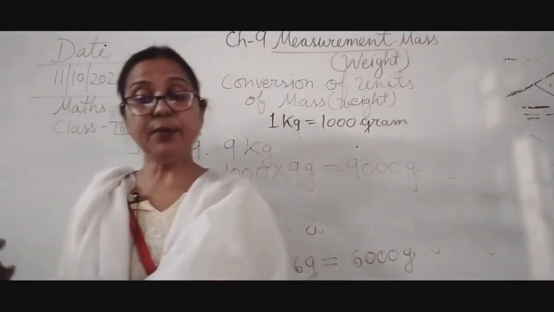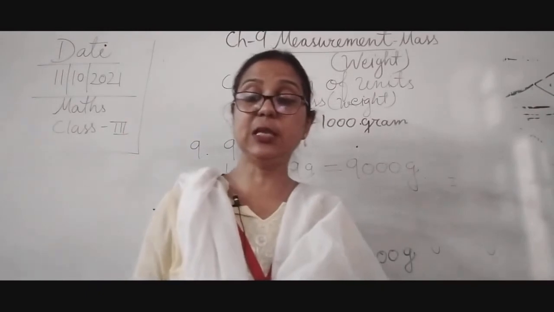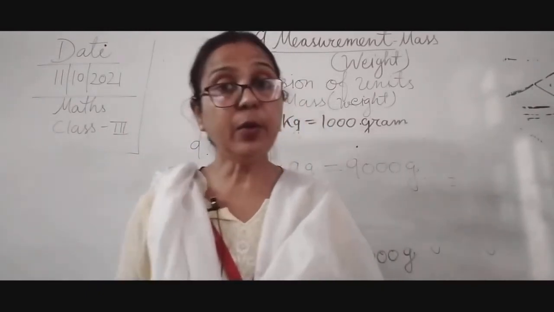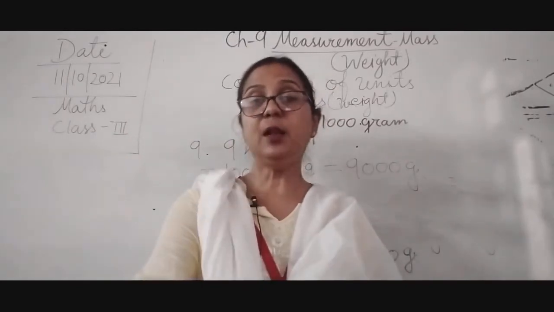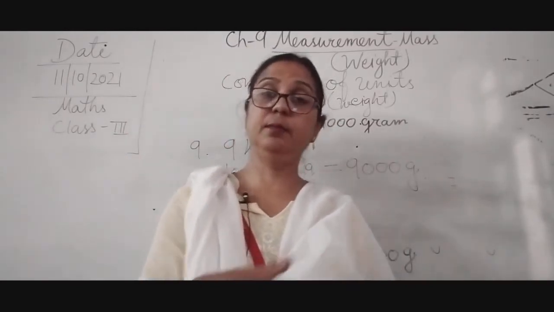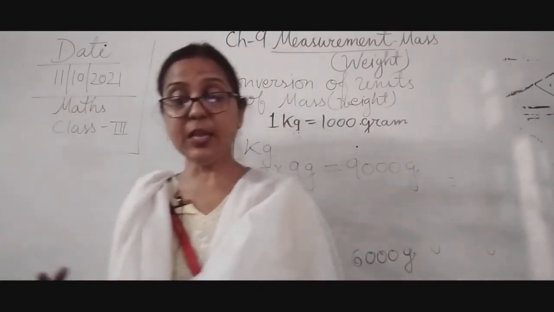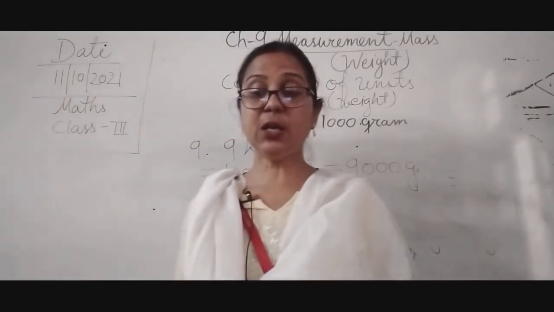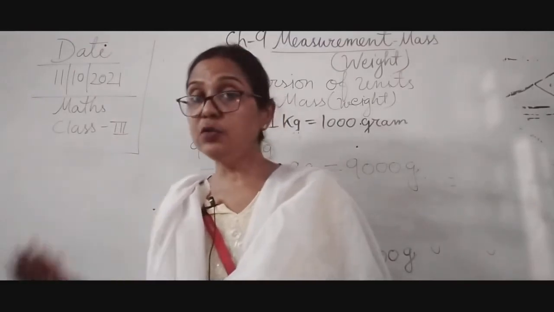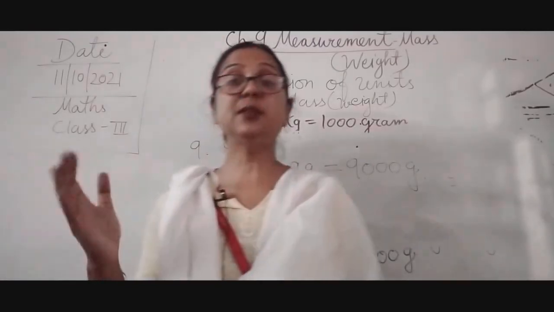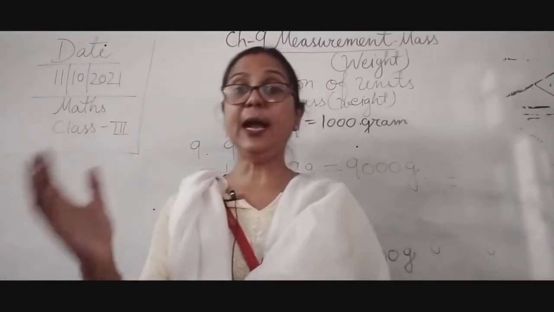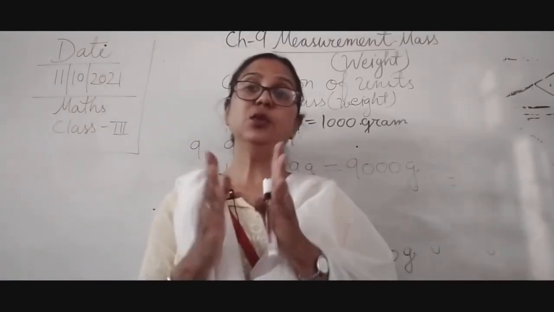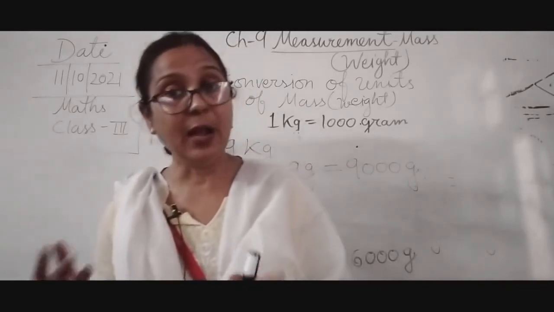So likewise we will do 11 number also. It is given 2 kg and 600 grams. So how can we do this? Again we will multiply 2 kg by 1000, it will become 2000 gram plus 600 gram. So we add 600 grams to 2000 grams, and we will get 2600 grams.